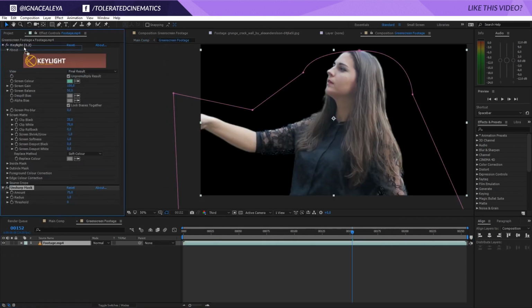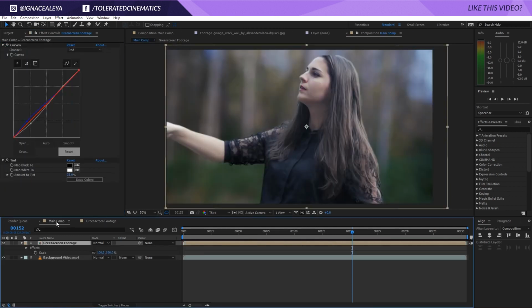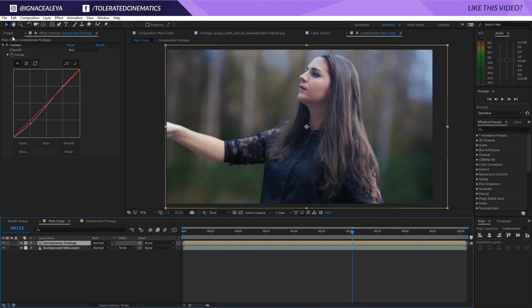Of course, we'll have to put the sharpness before we key out our green screen, and we'll have a better result. The black and white, I think it's a little bit overdone, so I'm going to delete it and keep it colorized like so. Okay, so let's keep it as it is right now, and let's start with the next